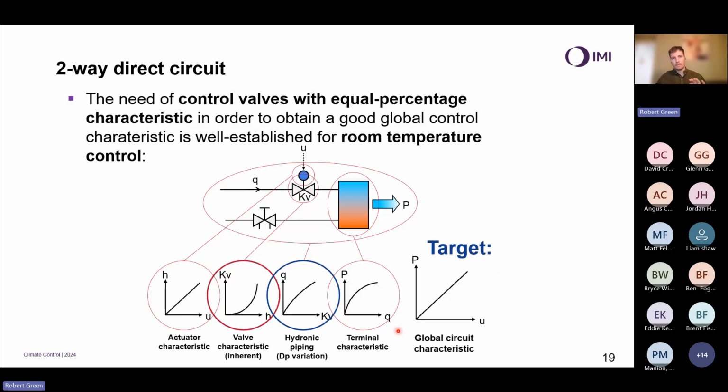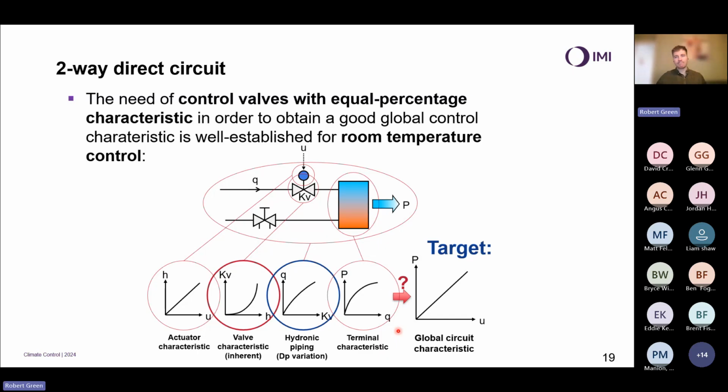And when we put all four of these things together, my target is going to be this linear control. I often put this akin to, say, the accelerator pedal control on your car. If you start going up a hill, you want to just put a little bit more power on to maintain a steady speed. If this was top end, you got loads, and then bottom end, you got nothing, you'd really struggle to maintain a fixed speed in your car. But we'll cover that in a lot more detail in the session in a couple of weeks' time. So that was the two-way direct circuit, a fairly simple setup.